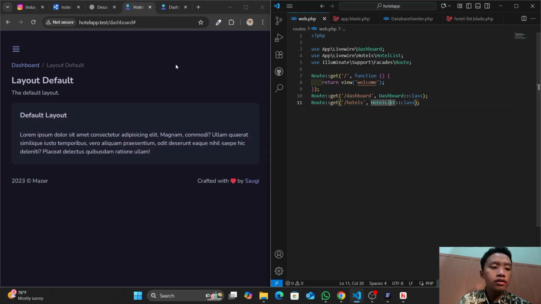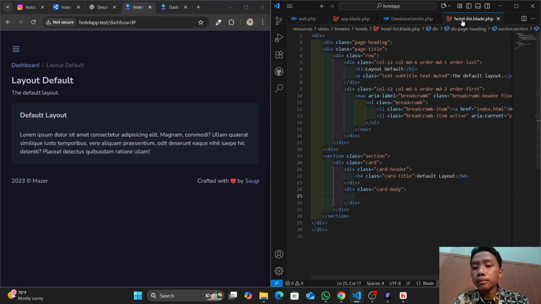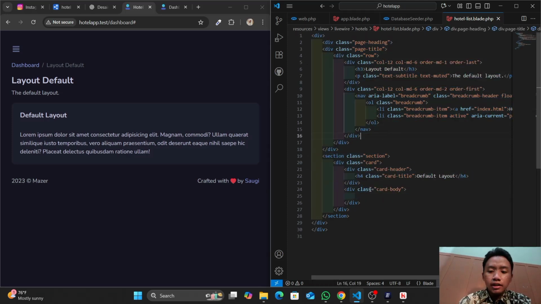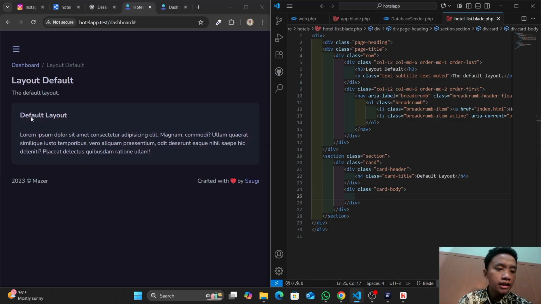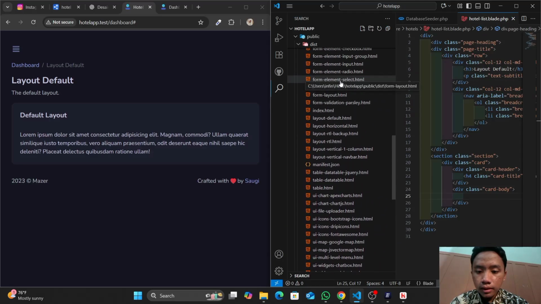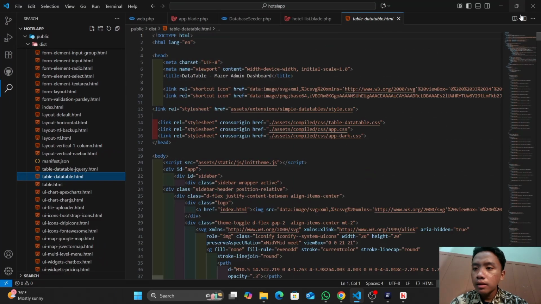So we have to make a component and blade for every route, right? For the route hotels, I will use the hotel list component, and this page will show the list of many hotels, right? The hotel list still uses the default layout. We paste it, so we copy it into the default layout, and the card body part, we have to remove all of it.